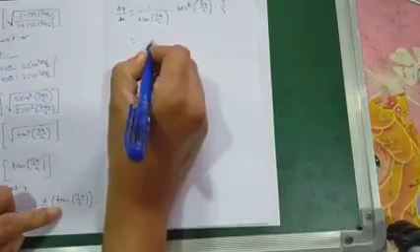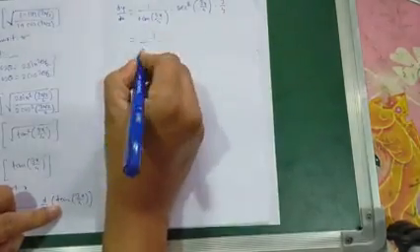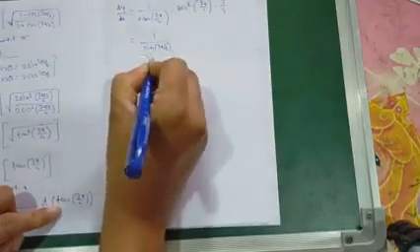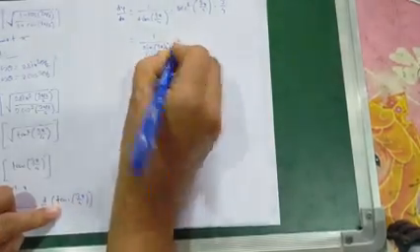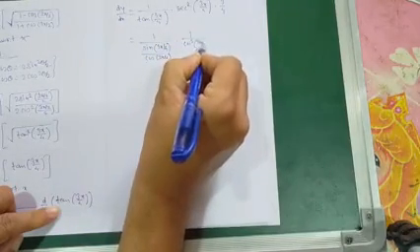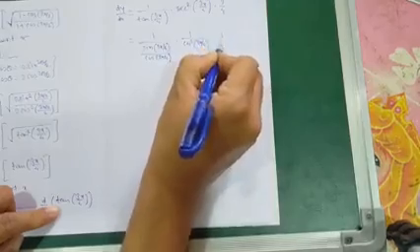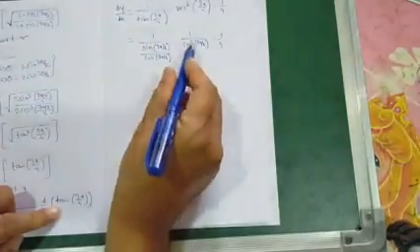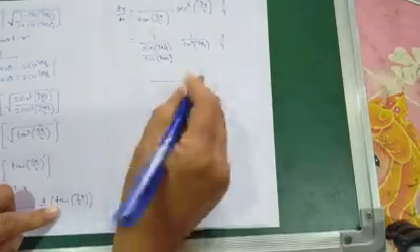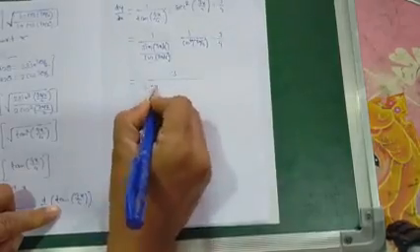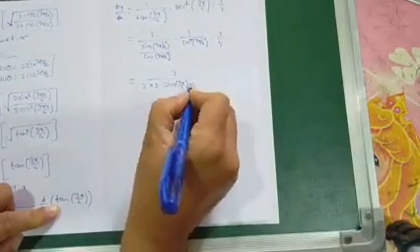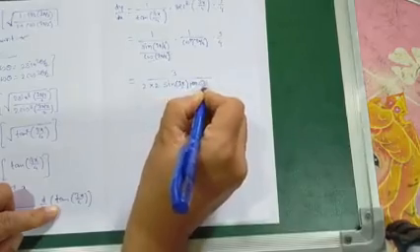Now 1 upon tan, right here, 1 upon tan is replaced by cos upon sin. So cos of 3x by 4 upon sin of 3x by 4 into sec square means 1 upon cos square 3x by 4 into 3 by 4 as it is. So 1 cos gets cancelled, so 1 into 3, that is 3 upon 4, means 2 into 2 sin of 3x by 4, and here remains cos of 3x by 4.